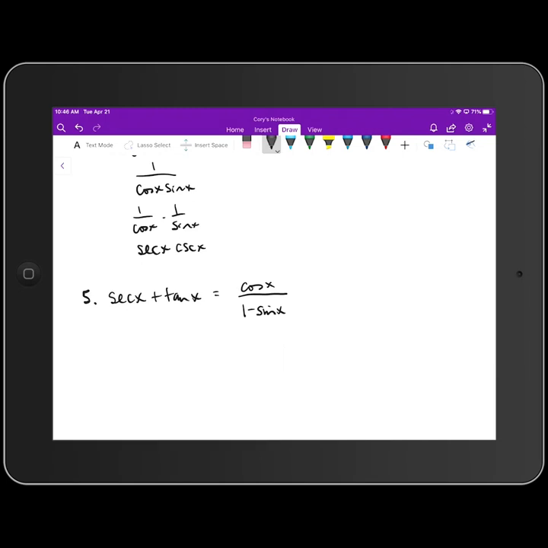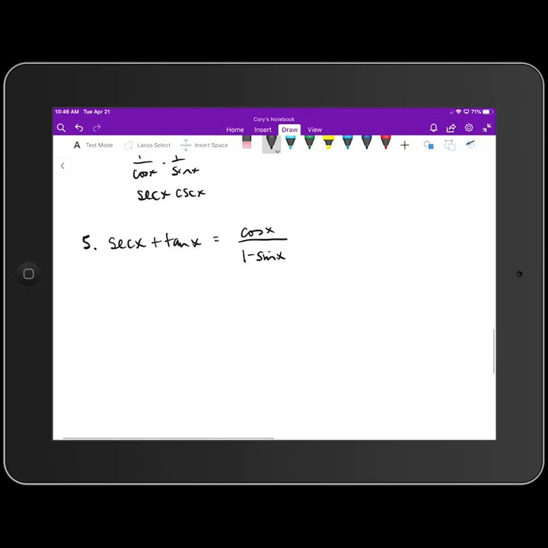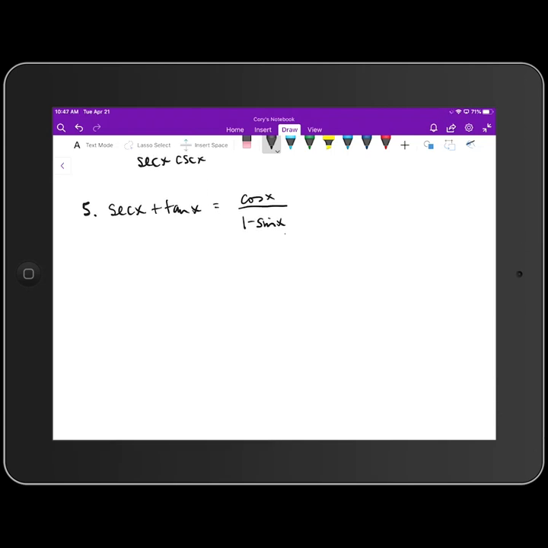With 5, it doesn't matter what side we start with here. Again, I don't think one expression is more complicated than the other. I'll actually work this out and verify this identity both ways. So if I start with the left-hand side for 5,